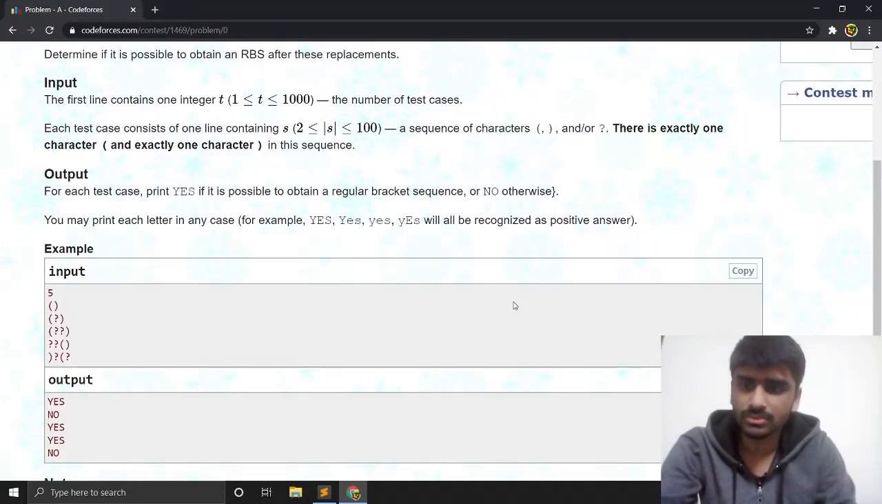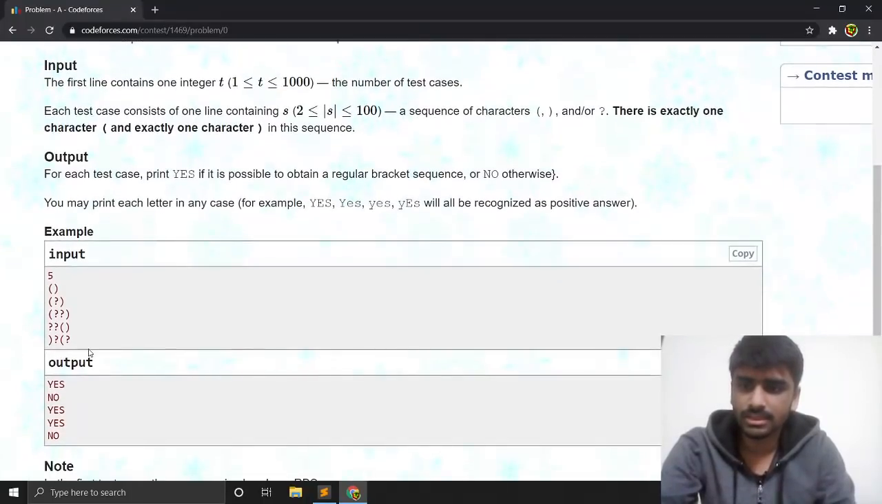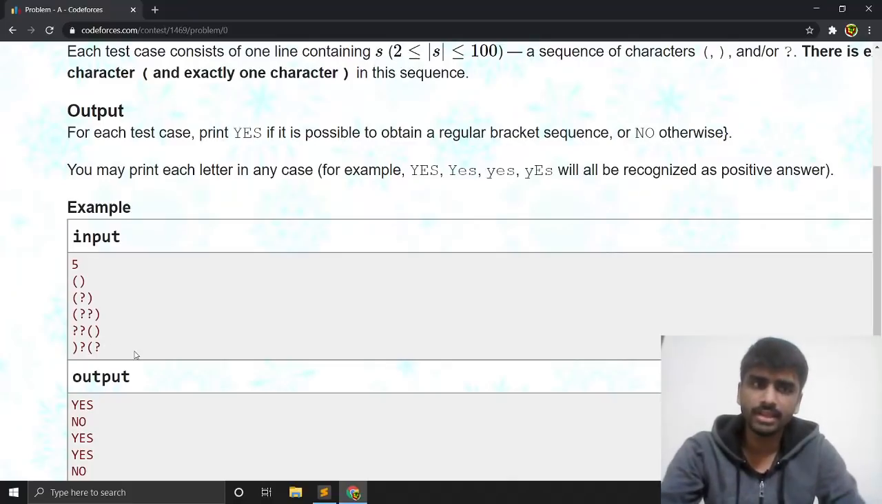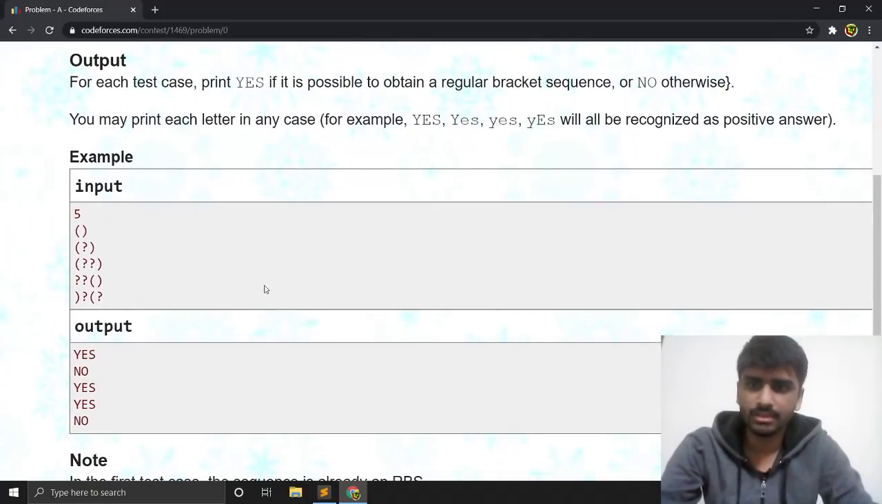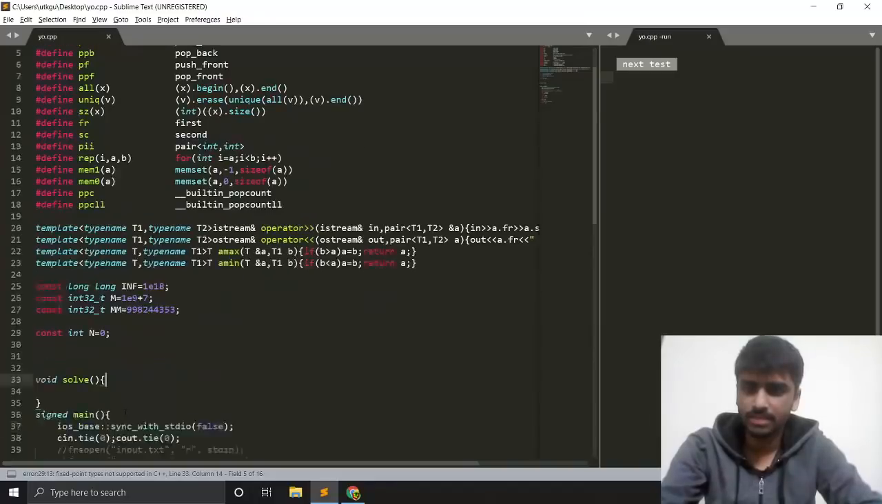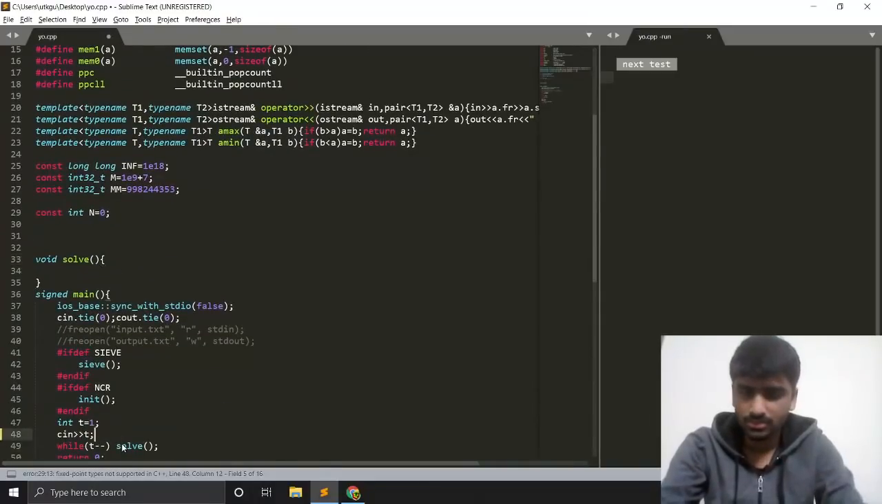So I think if the length of the string is odd, then obviously it's a no. Other than that, if the first one is a closing bracket or if the last one is an opening bracket, then it's no. Otherwise, in all cases, it's yes. So these are the two cases when it can be no. So we have test cases